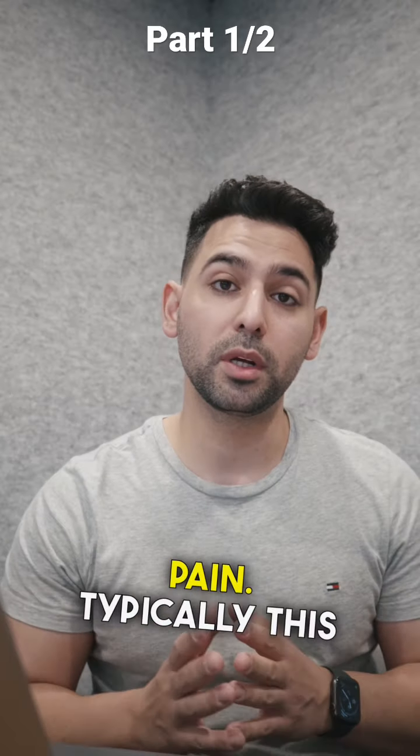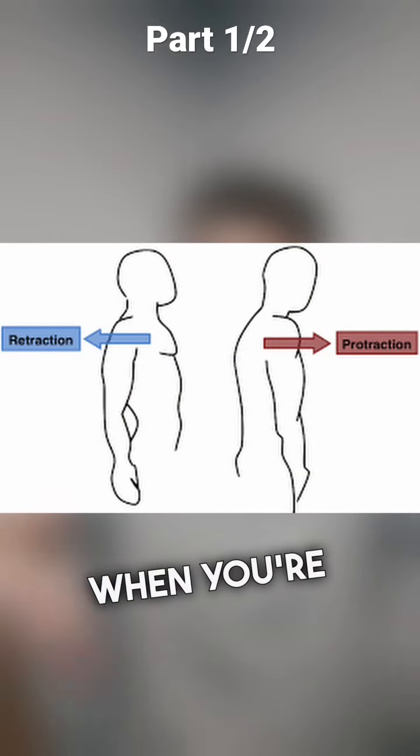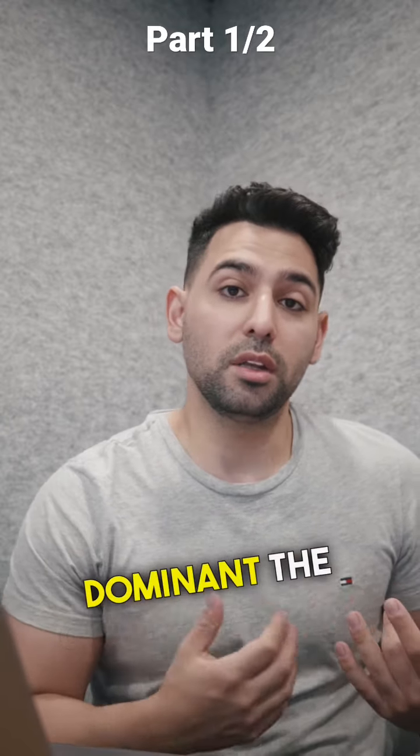with more pain. Typically, this happens when your scapula, your shoulder blade, is a bit more hunched over when you're doing those bench presses. And what ends up happening is you end up putting more pressure on one side. And let's say your right side is dominant, the other side might end up aching,